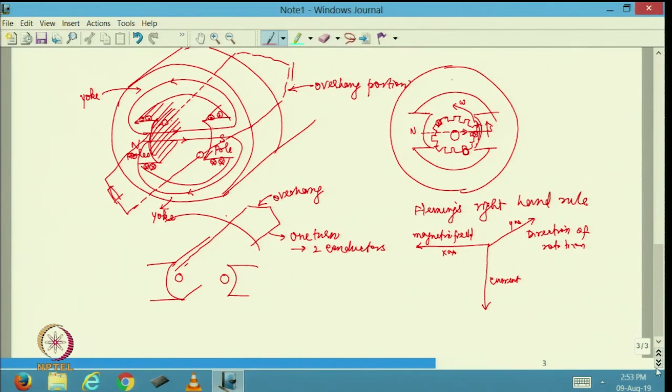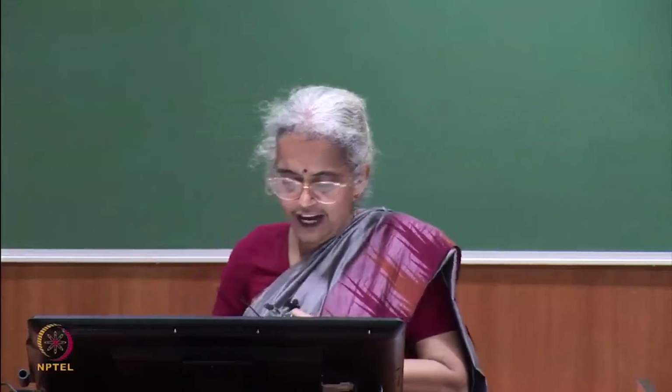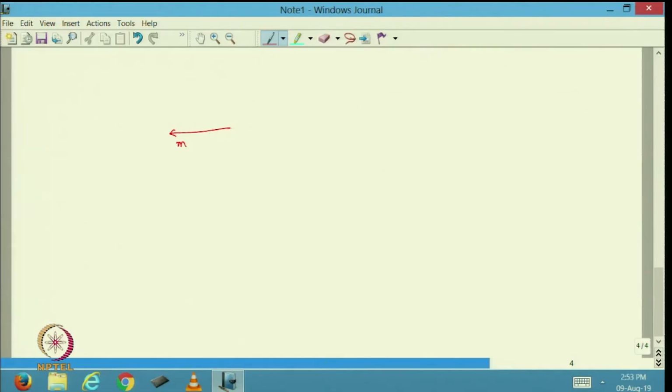Let me explain it once again, separately drawing a diagram, somewhat like this. I am going to have the magnetic field direction like this. This is the magnetic field direction, right? And I am going to show along the y axis maybe the movement direction or force, in which case I am going to have the current direction somewhat like this. This is perpendicular to this. This is the z axis. So, this is the current direction. Okay?